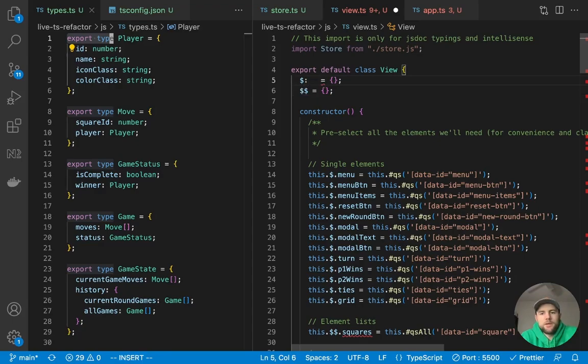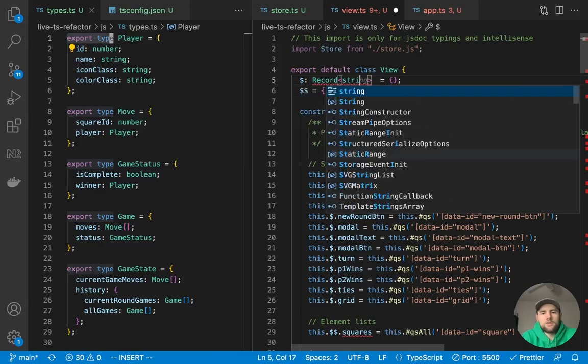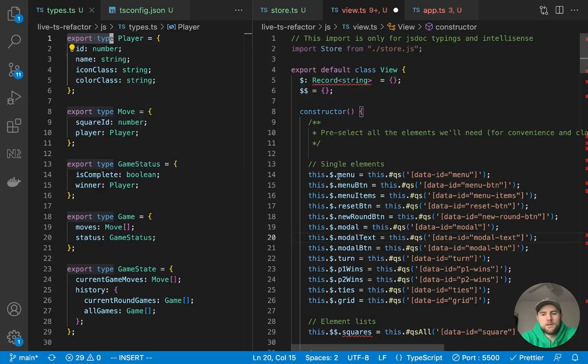And if we want to type it, we can type record, and then this is where we pass our generic values. So we want to pass a string because we're defining arbitrary strings as the properties of this object, and then the values are all going to be the same. It's going to be an element type.